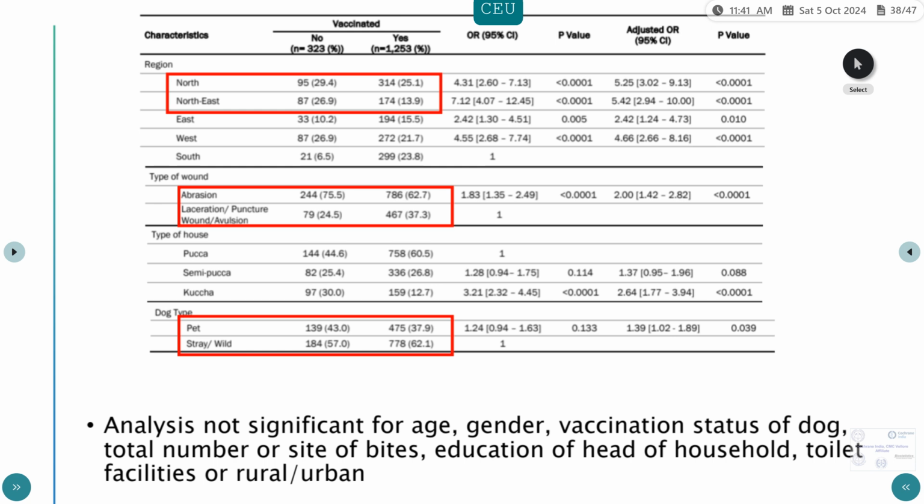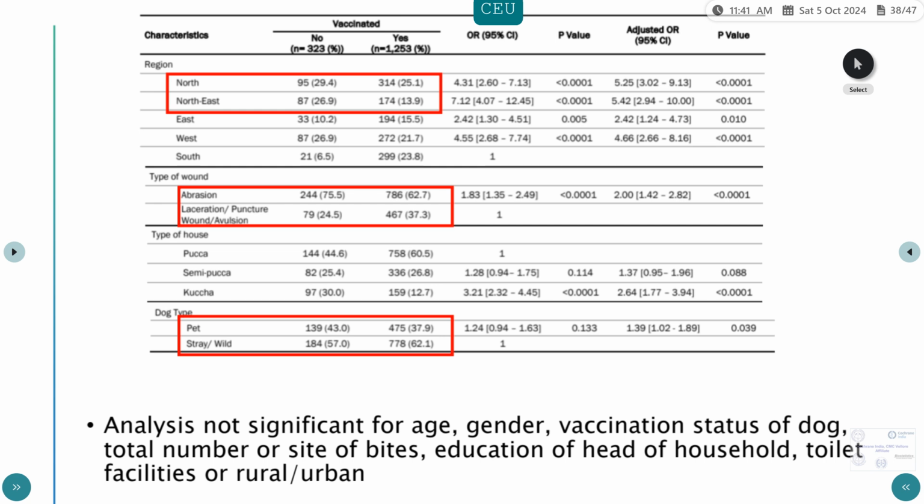So coming to the analysis of why there was not receipt of vaccinations, they found certain things. I have highlighted things which came out positive in the multivariable analysis. Here they have looked at region-wise, the north, northeast, and west population is more likely to not receive the ARV. The adjusted odds ratio was around 5 for both north and northeastern areas, and for west it was 4. Then for the type of wound, they realized that if the patient had only category 2 or abrasions alone, they were 2 times more unlikely to get the vaccination as compared to patients who have laceration or puncture wounds or higher